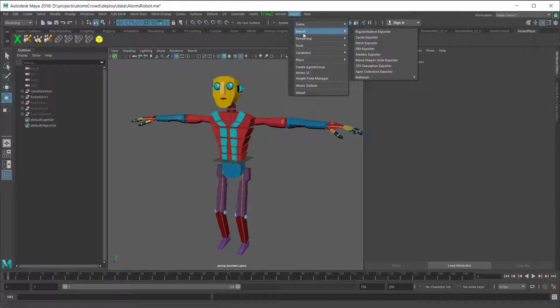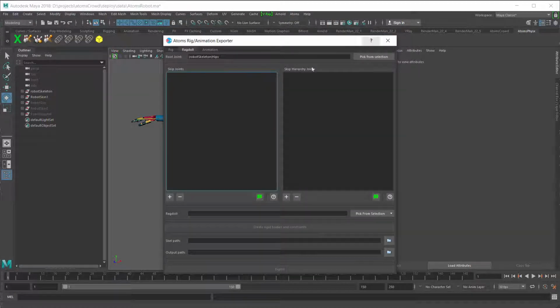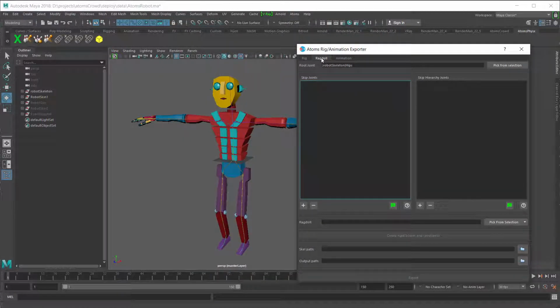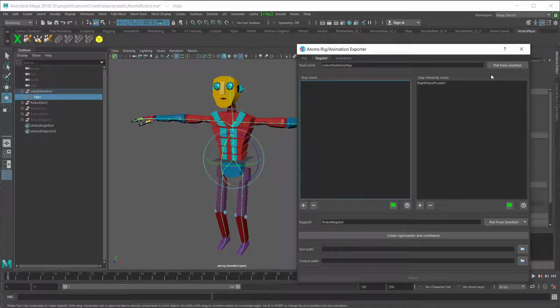So let's open the rig animation exporter. And on Atoms 3 there is this new Ragdoll tab. Select your skeletal root. Then